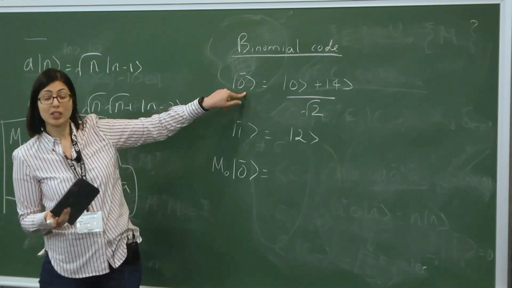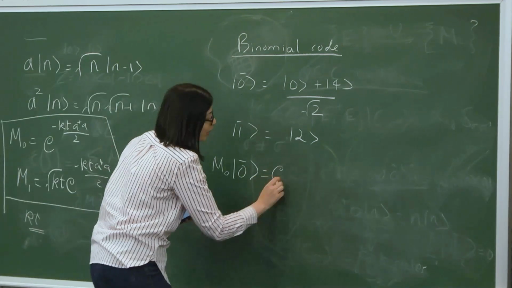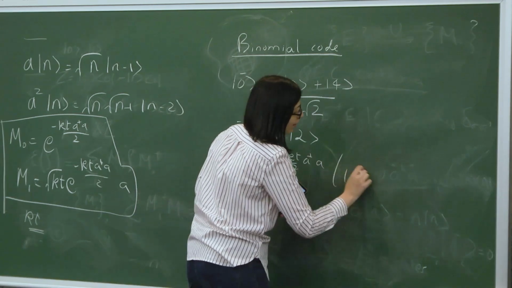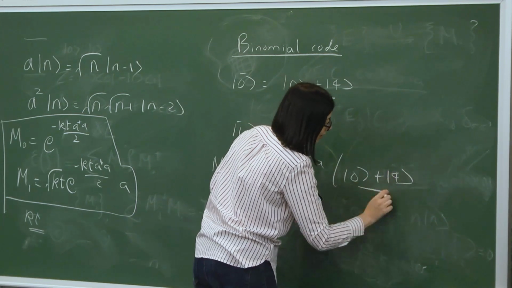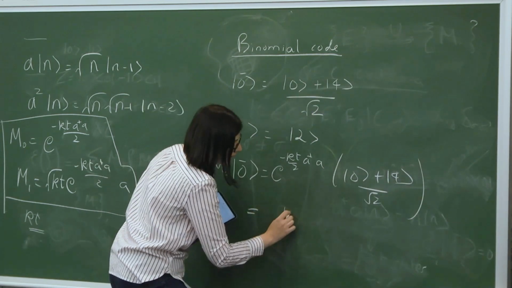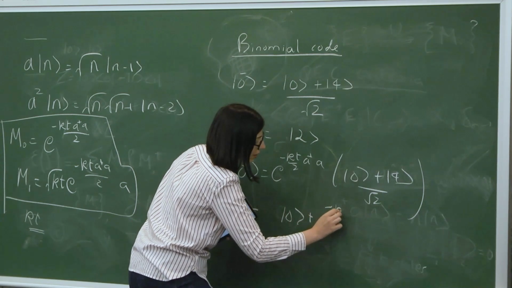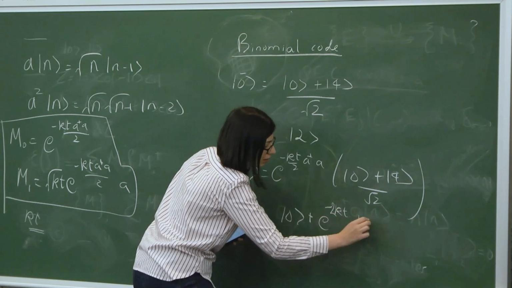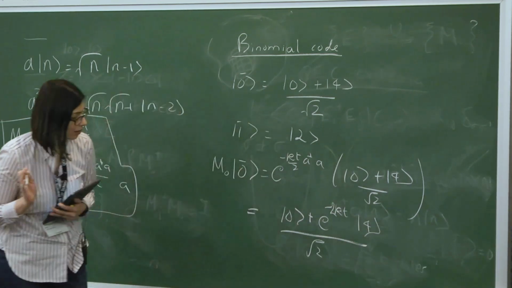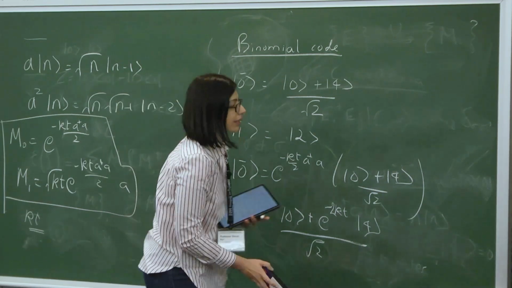So this is 0 bar, right? That's just 0 plus e to the minus 2 kappa t 4 pi. Did I do everything correctly? Okay. And then I have